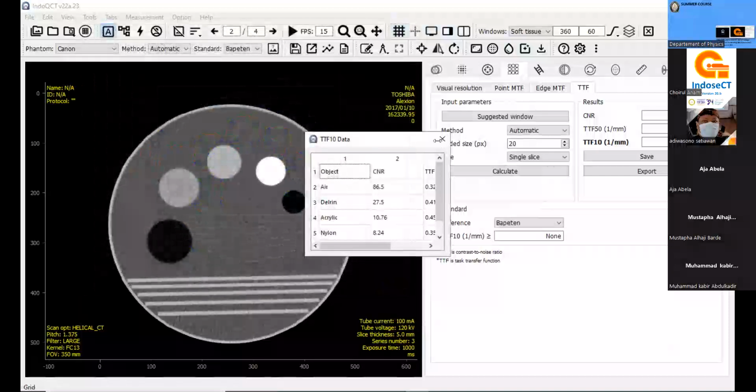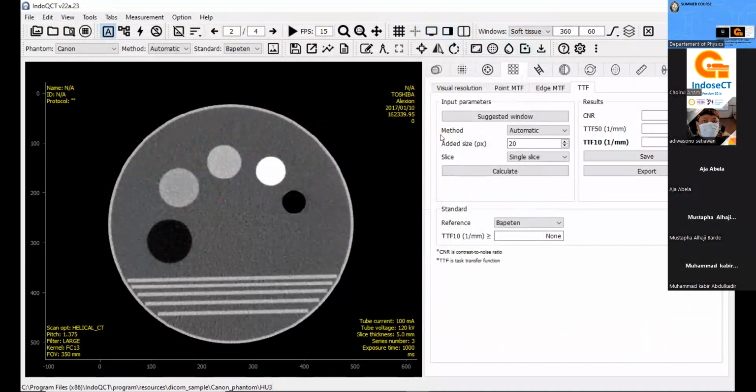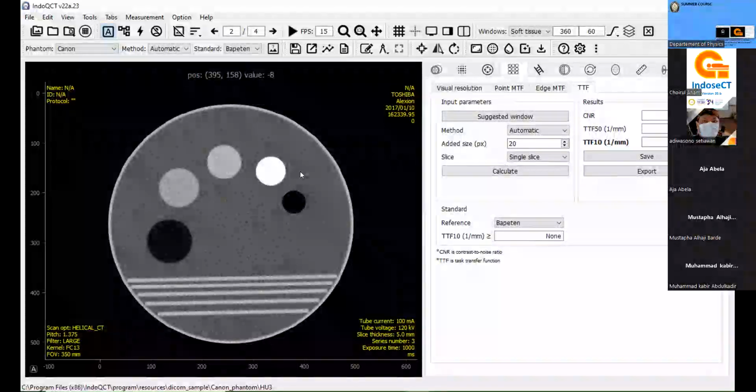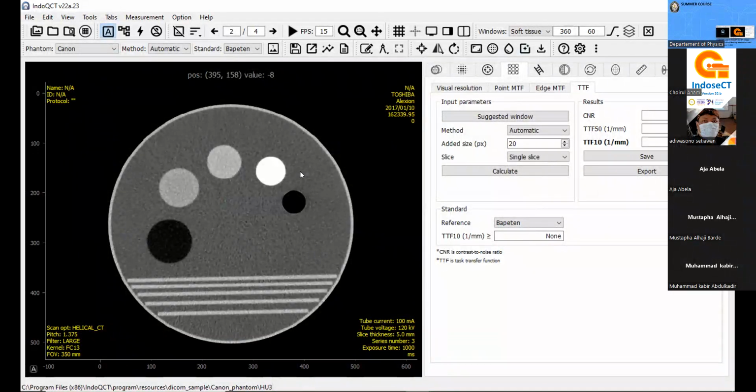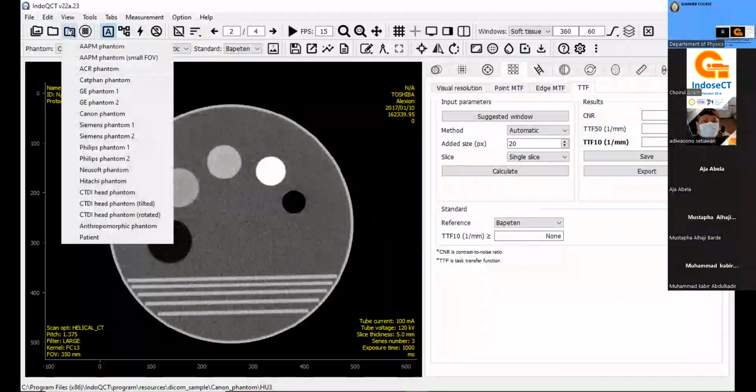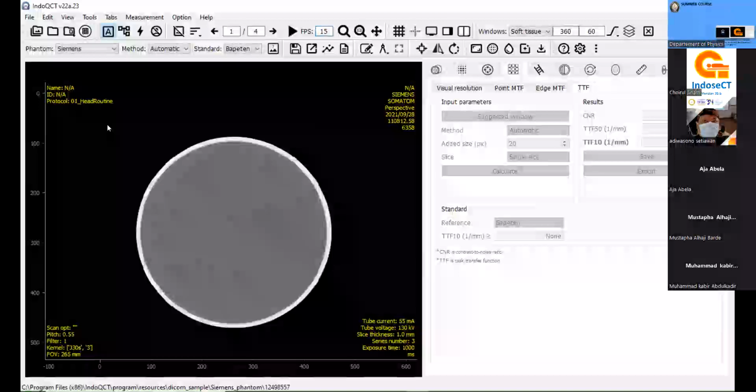So we can only measure the TTF if various objects exist within the phantom. If various objects do not exist within the phantom, we cannot measure the TTF. Okay, for example, for the Catphan, we cannot measure.